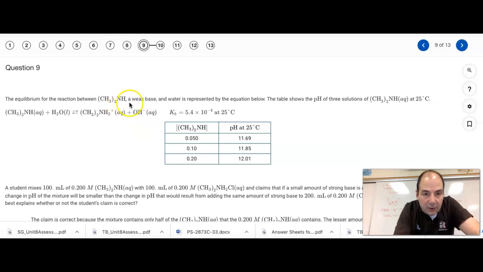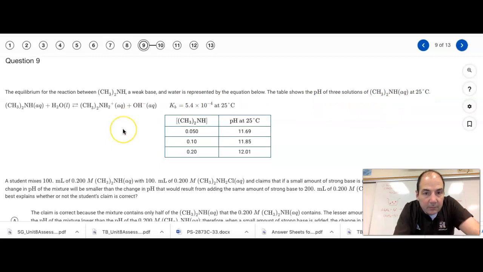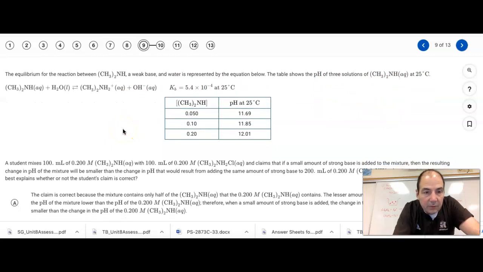We have CH3NH2, methylamine. Kb is 5.4 times 10⁻⁴. A student mixes 100 mL of 0.2 molar methylamine with 100 mL of 0.2 molar methylammonium chloride,